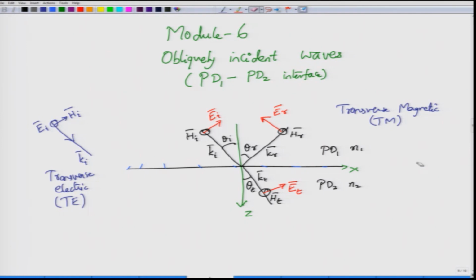Of course, the equations are all available, and we will discuss both TE and TM cases, what happens in a quantitative manner, in the next module. So, this module is devoted to getting to the point that we have a transverse magnetic wave, and then how do we describe the various reflected and transmitted components. Okay. To do so, of course, I need to write down the expressions for E_I, E_R, E_T, H_I, H_R and H_T, right. Before I can do that, let me write down the expressions for k_I, k_R and k_T.